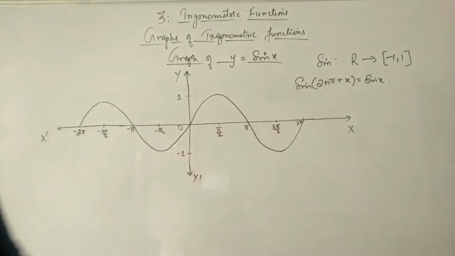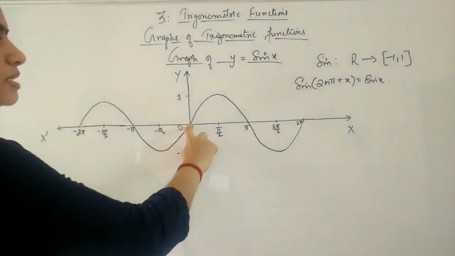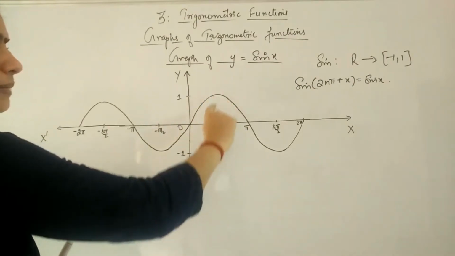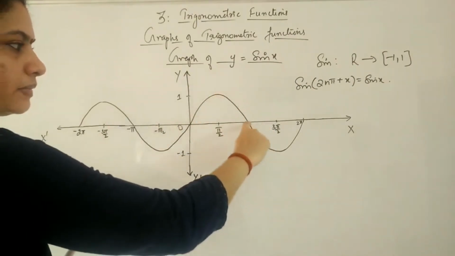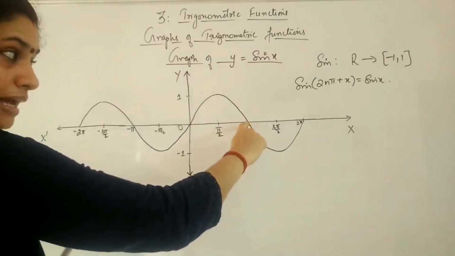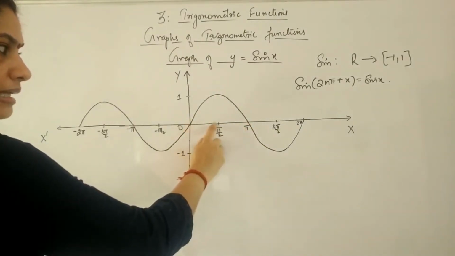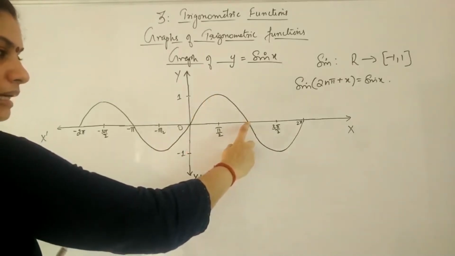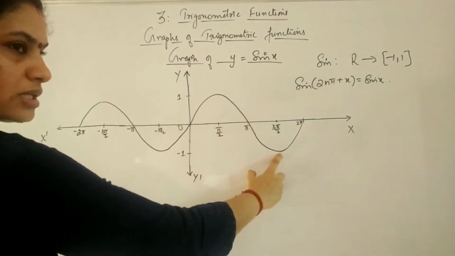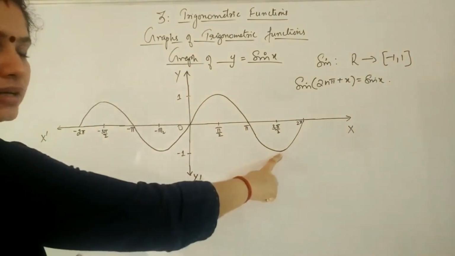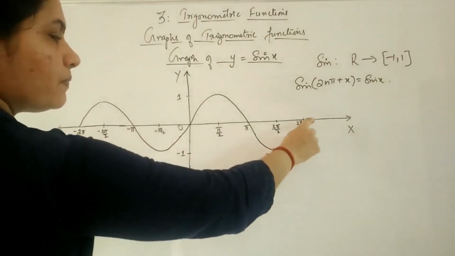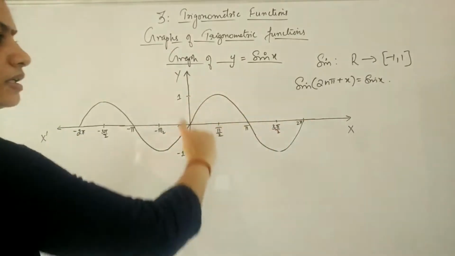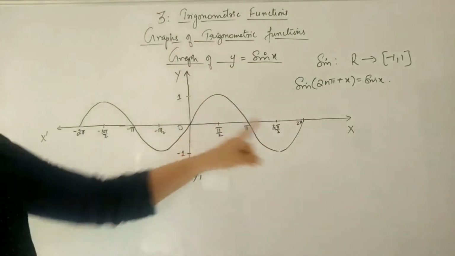So as the figure shows, starting from 0, it is having the maximum at π by 2, the value is 1, and then again it will give you 0 value. So sine 0 is 0, sine 90 will give you 1, then again sine 180 or sine π will give you 0, and sine 270 or 3π by 2 will give you -1. Then again it will go for your sine 2π as 0. That means this will repeat after a revolution of 2π radians, right?